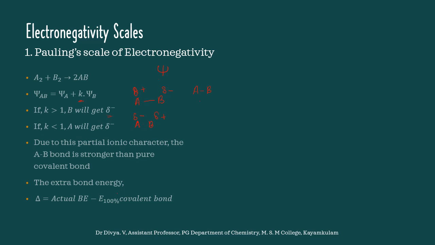This is the extra bond energy. This is a calculated value and this is an experimentally determined one. And according to Pauling, the energy of a 100% covalent bond is the arithmetic mean of the covalent bond energies of